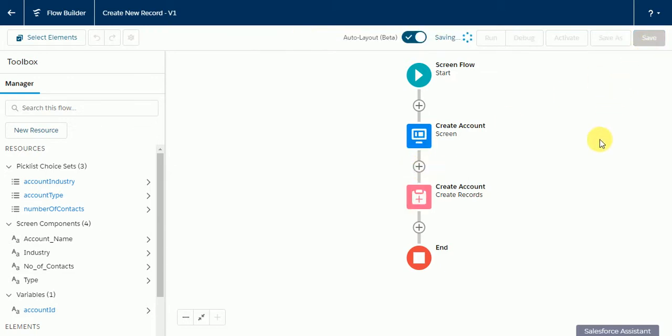Now we have to capture the contact details. To capture the contact details, we have to loop through it. For example, if number of contacts is 1, then we have to show only one screen. If the number of contacts is 2, we have to show 2 screens here. So before that, we have to loop. We have to create a collection variable. To create a collection variable based on the number of contacts, we should invoke an Apex class for this. So we have to create an Apex class.